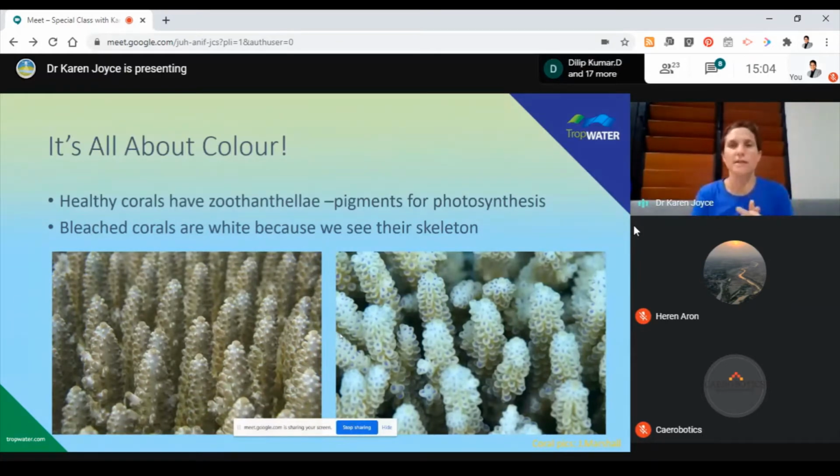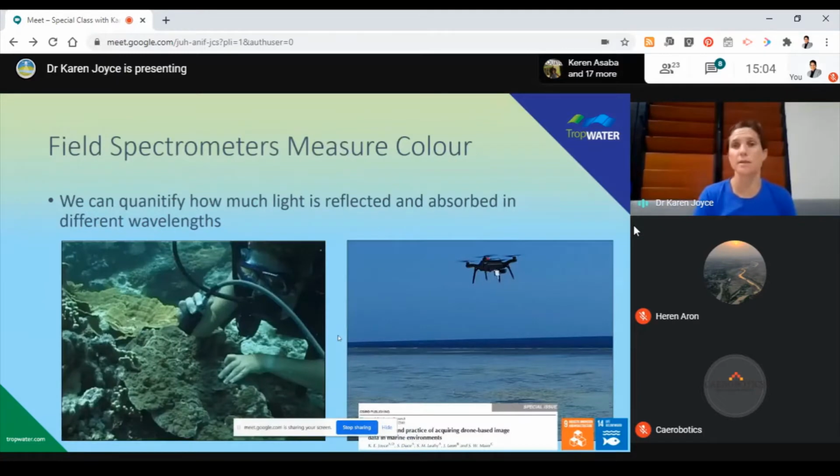So hopefully you can see two very clear colour differences between the picture on the left, which is healthy, and the picture on the right, which is not so healthy. And so colour is really, really important to us. And we can actually measure the colour of the coral or the colour of anything in the environment using what